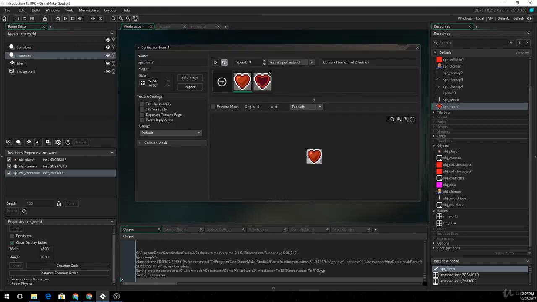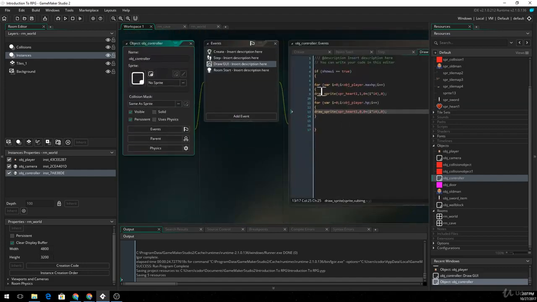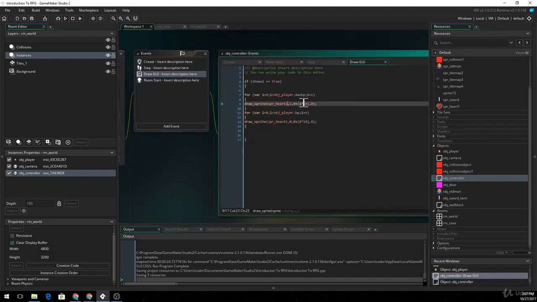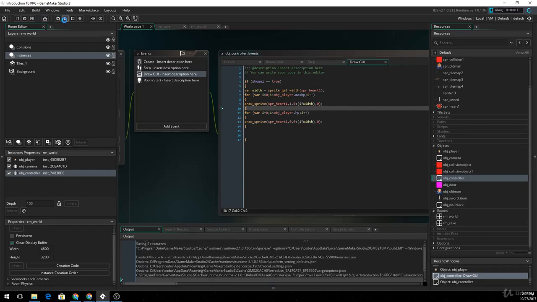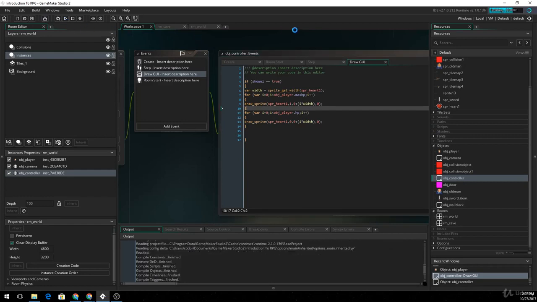Heart 1. And what we're going to do here is, since its new width is 56, we're going to try this just for the sake of it. You can either change this to 56, or we can do it this way. And I'll throw it up here. Var width equals sprite get width SPR heart 1. So if you want to test that out, do this and replace 14 with width. So there you go. And if we go ahead and throw this in,